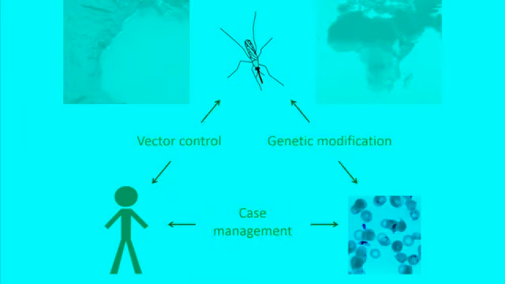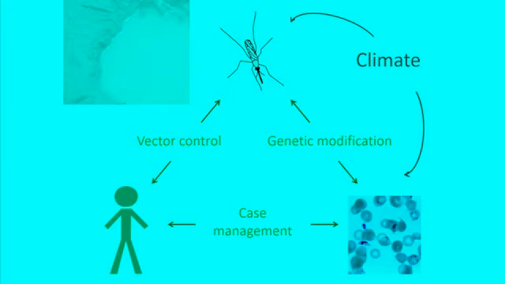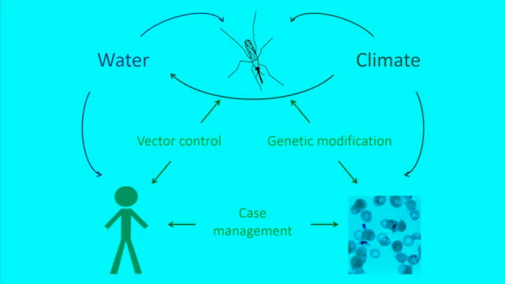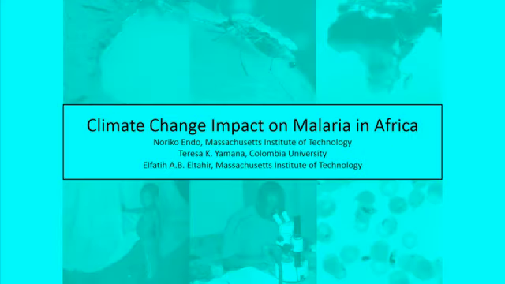There are many ways of dealing with malaria transmission, but you shouldn't forget environment also influences malaria transmission. For example, climate and temperature influence adult mosquitoes' lifespan and also the development rate of parasite. The availability of water also influences malaria through the abundance of vector pools and the living patterns of humans. Climate also influences the availability of water through rainfall. The title of today's presentation is Climate Change Impact on Malaria in Africa, so I'd like to focus on this